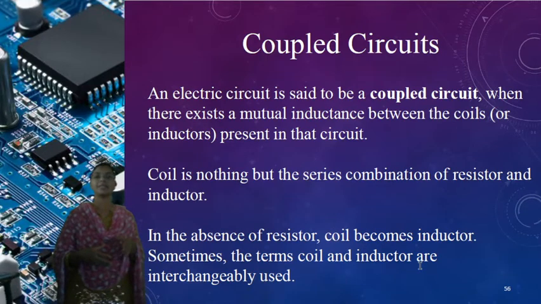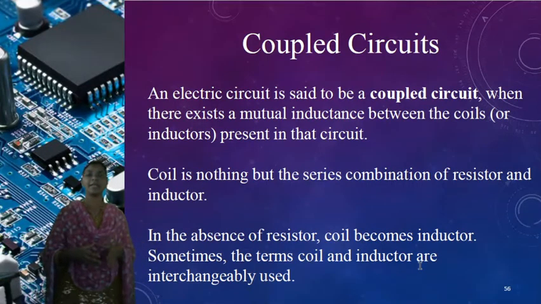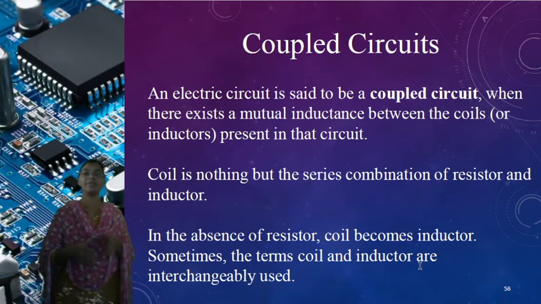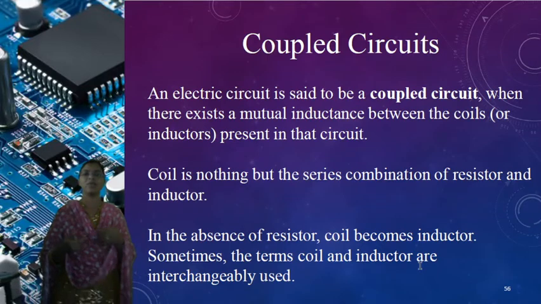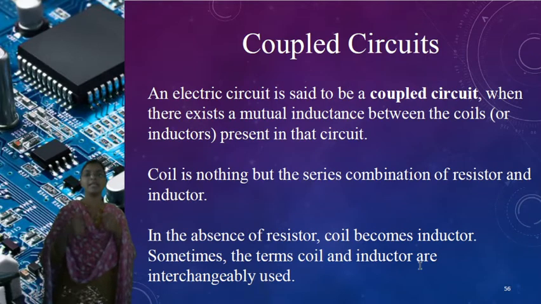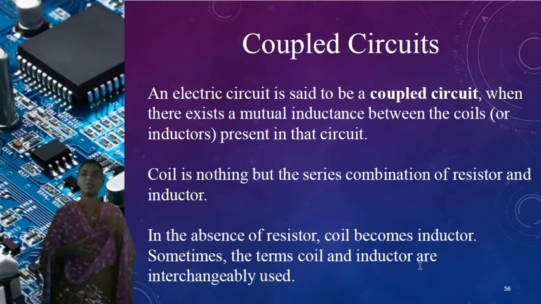Either it may be an electrical circuit or a magnetic circuit, whatever it may be, when we couple it, wherever we do the coupling in a particular device, it has a number of turns of copper material, whatever material you take, which you twist like a coil. Whenever we twist that material like a coil, it produces a magnetic flux, or some energy, according to whatever signal you apply to it.